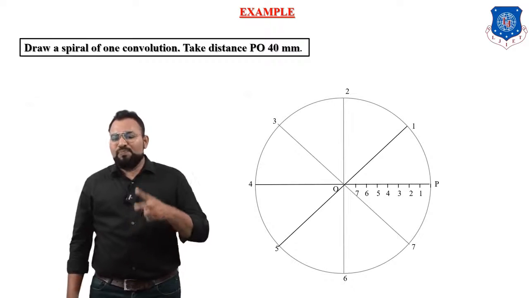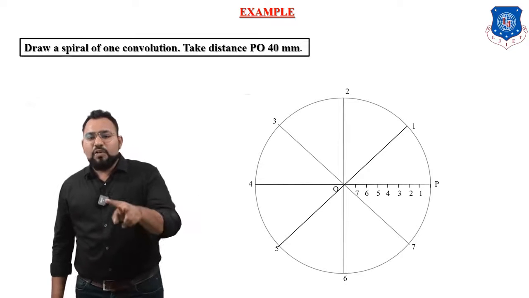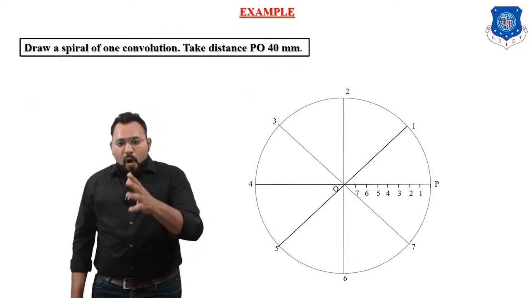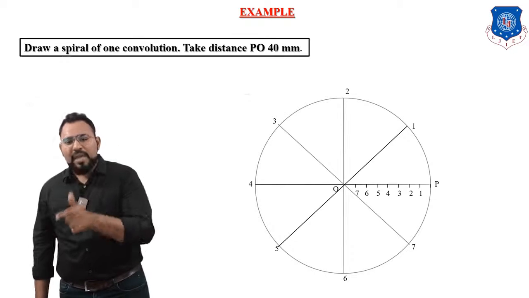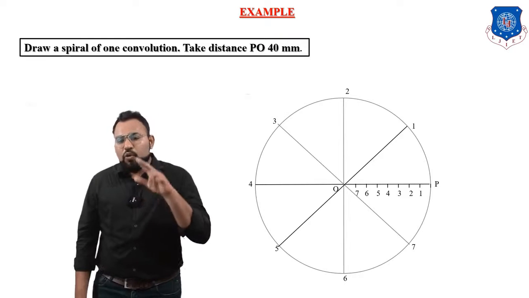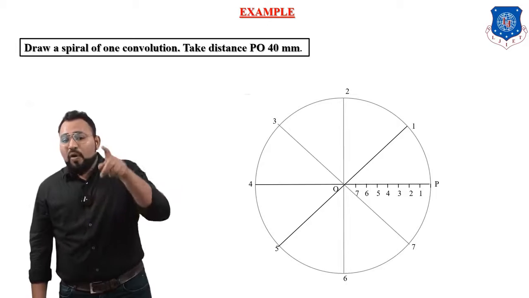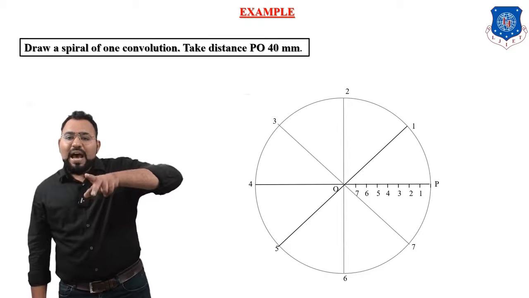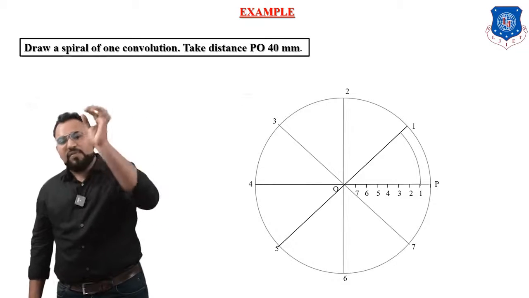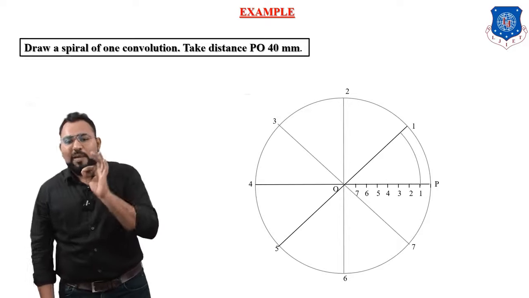Now what we have to do? On the line OP, take a divider and take a distance equal to O21. Again I'm telling you, go on line OP and take a divider and take a distance equal to O21. Now, taking that distance and O as a center, put an arc on the first division of the circle. Whenever it intersects, we will give point 1 over there, but right now I am not giving it.